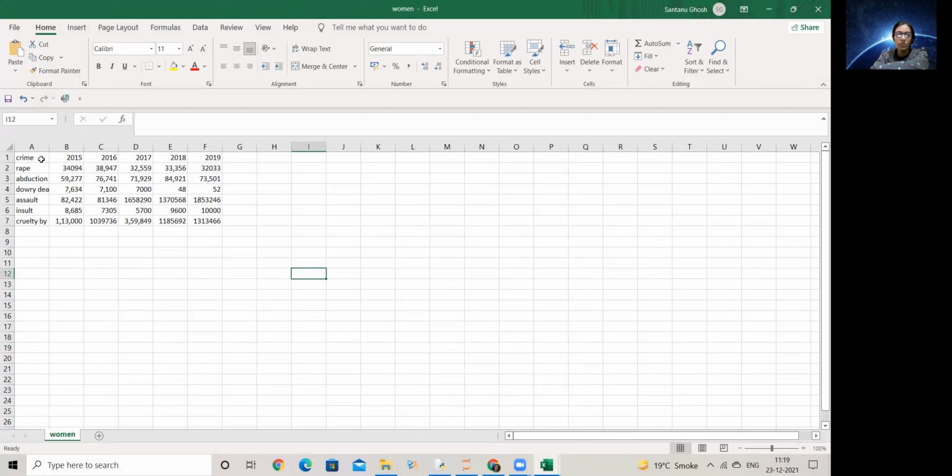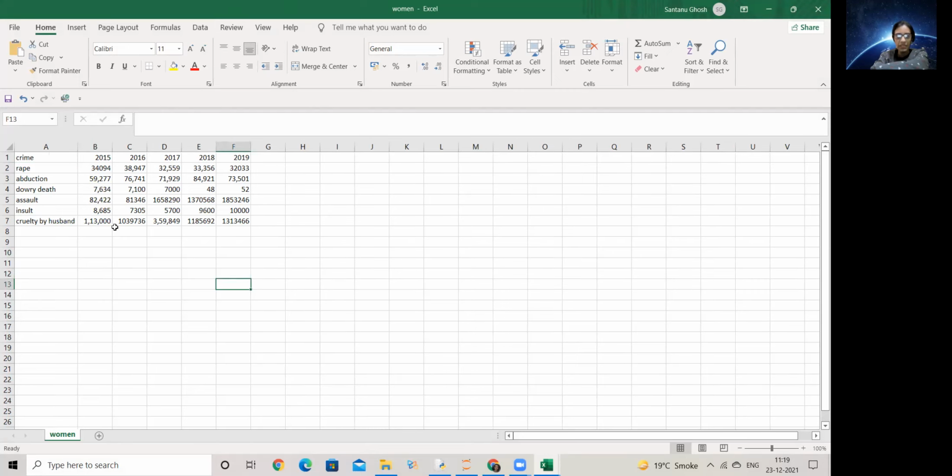Now here I have downloaded a file based on the crimes on women in India. Okay. And it's year-wise data. This is genuine data I have downloaded, but yes, there were a lot of other things which I have removed from the file. So it's like year-wise crime data, 2015, 16, 17, 18, 19. And it is the number of rape cases, abduction, dowry deaths, assault. So this is proper information which I have downloaded from a site and this is CSV data.